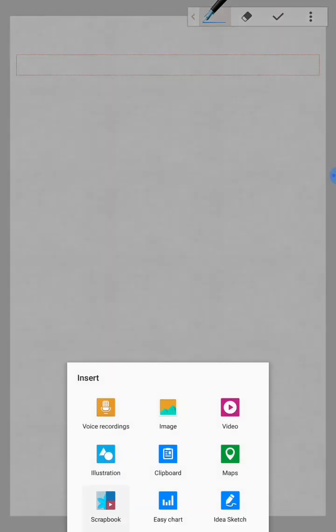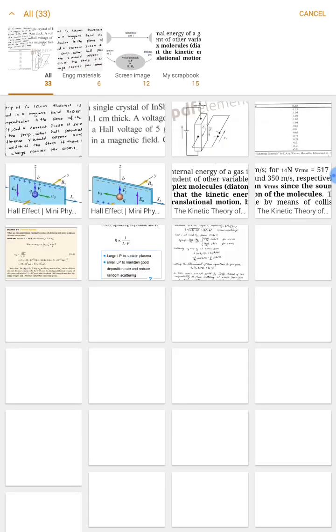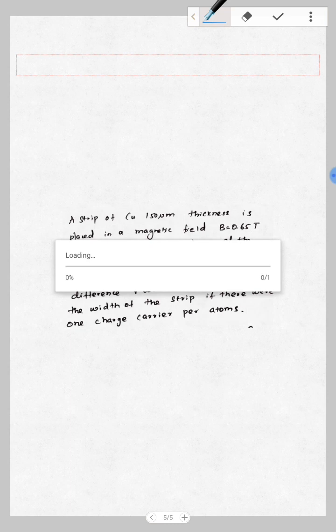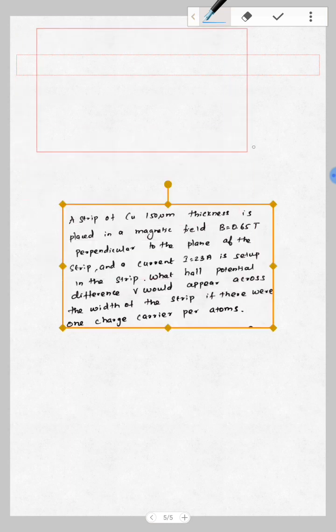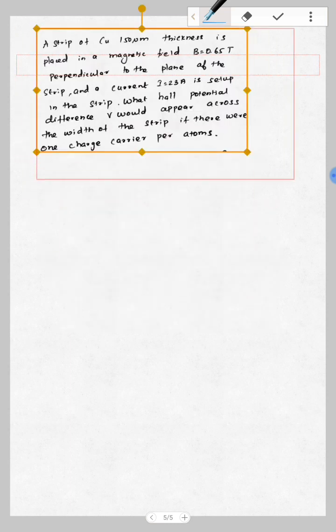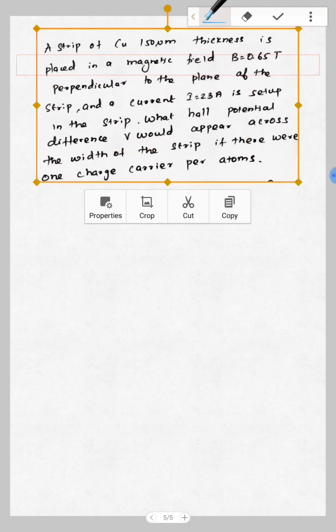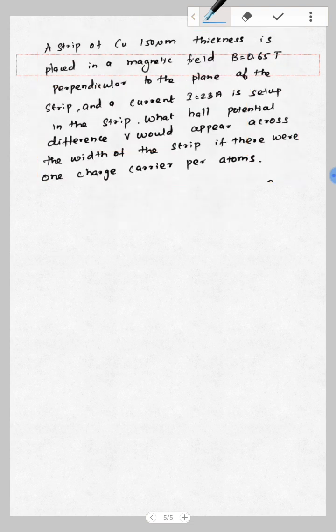We'll take one of the simple problems to solve this. Let's say a strip of copper, 150 micrometer thickness, is placed in a magnetic field of value 0.65 Tesla. The unit for magnetic field is nothing but Tesla. The field is perpendicular to the plane of the strip, and a current I of 23 amps is set up in